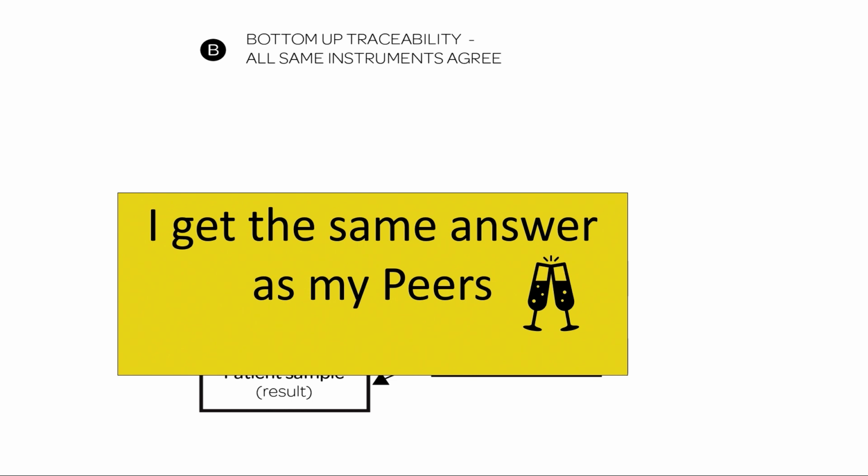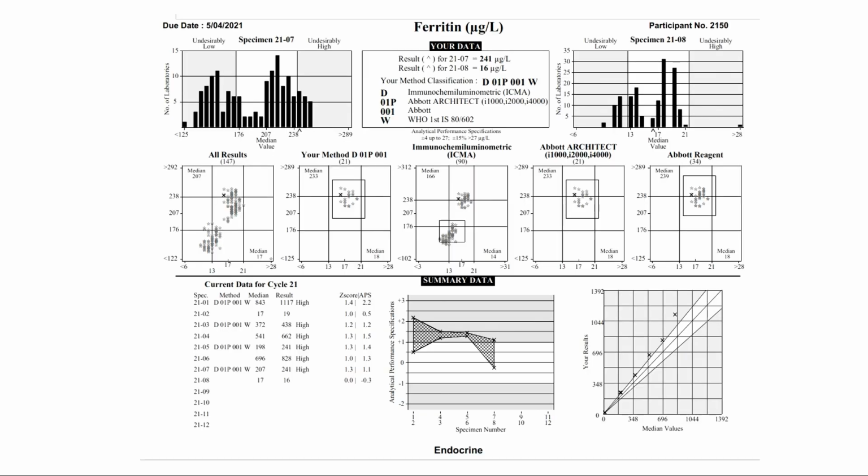Okay? So you will have seen something like this. This is a ferritin EQA from our old system. And when you look at the results, for this lab, they performed well with one sample and they're sort of on the borderline of the APS on the other sample. When you look at the results, you can see that there's a bimodal distribution. You can see that there's a whole lot of values that are outside the APS on the lower end and some that are outside the APS on the upper end.